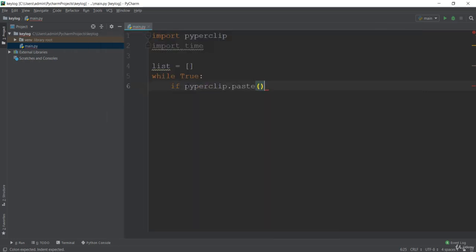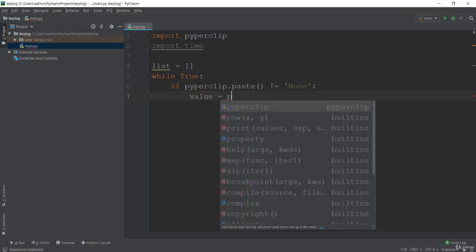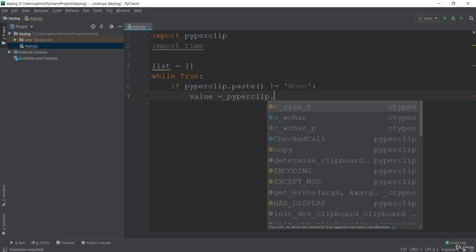In this case this method is going to be called, and if it is not empty, we have to make the condition for that, with this None. So if it is not empty, we are going to do something, and that is to paste the value. We are going to make the new field here with the value and pyperclip.paste.